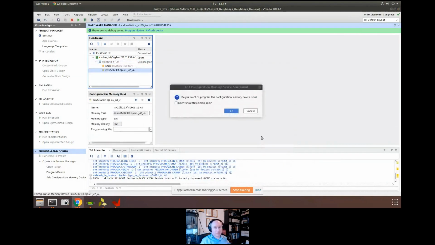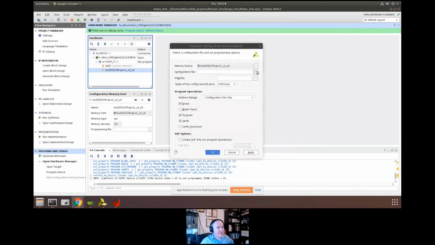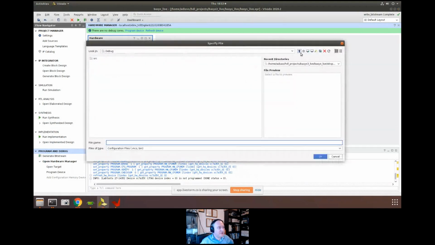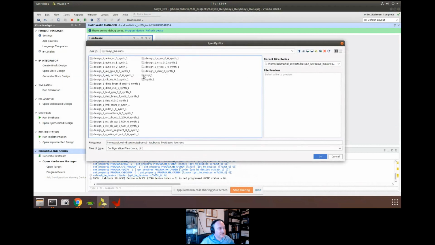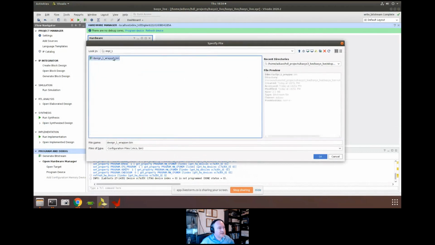Then it's going to ask me if I want to associate a programming file with this one. And yes, I do. I'm going to click OK on that, and then point it to the bin file that I've just created. That's going to be under the Vivado project directory you've created, under the runs directory, under the implementation directory, and it's going to be the design1 wrapper.bin that you can see. The time there was 1851, so a couple of minutes ago. So if we click OK on that,